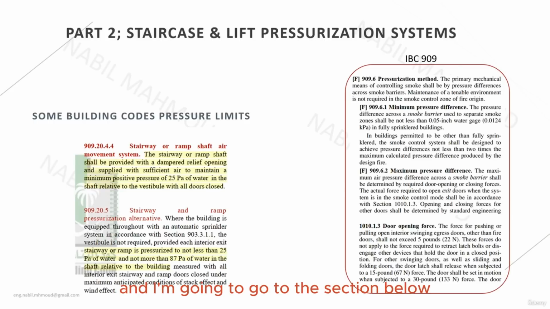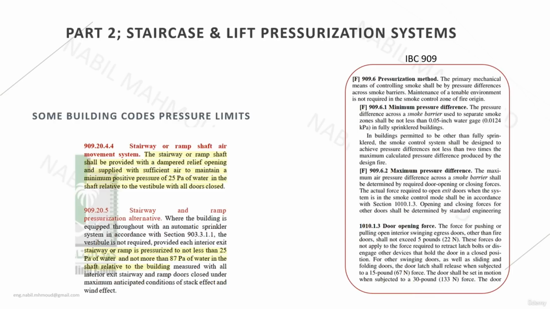And I'm going to go to the section below, which is section 909.20.5, the stairway and ramp pressurization alternative. When the building is equipped throughout with an automatic sprinkler system in accordance with section 903.3.1.1, the vestibule is not required, provided that each interior exit stairway or ramp is pressurized not less than 25 Pascal of water and not more than 87 Pascal of water in the shaft relative to the building. So this is an example of the local code requirement, which is stating a clear and specified value for the